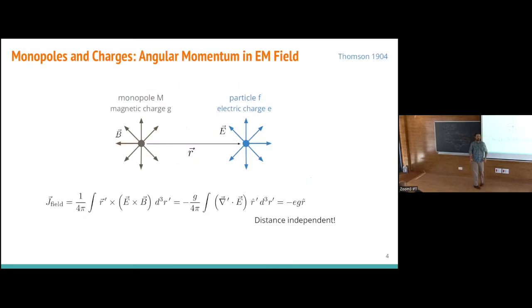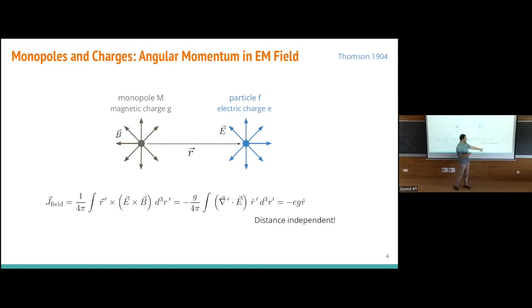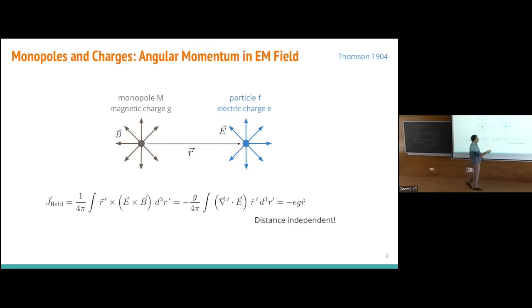Now here comes the punchline. Why the system is completely different from anything else. And this is a calculation that J.J. Thomson did already in 1904. Let's take a point-like electric charge and a point-like magnetic charge, and they're completely static. We will see that the system actually has angular momentum, which is non-zero, even though these two particles are completely static. And this could be calculated through just a Jackson-type calculation. We take the Poynting vector and we cross it with r, and we integrate over all of space. I'll spare you the math, but the result is quite surprising. It's minus e, the electric charge of the charge, times g, the magnetic charge of the monopole, times r hat.